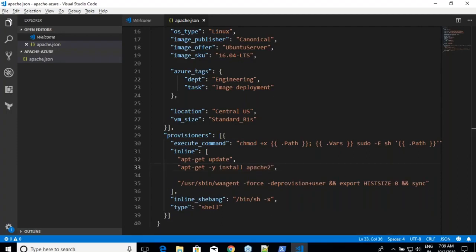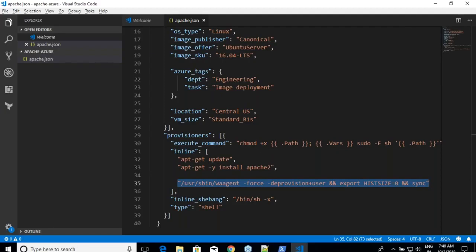This is a common step across all Azure images. There is no other way. This line has to be there. Remember, we said that we will be using the W agent call. Any Azure Linux image which you are building, that line has to be common. Without that line you cannot create an image, because you have user specific information, and Microsoft will never allow you to create an image with user specific information. The stuff which we are adding extra is this fourth line.